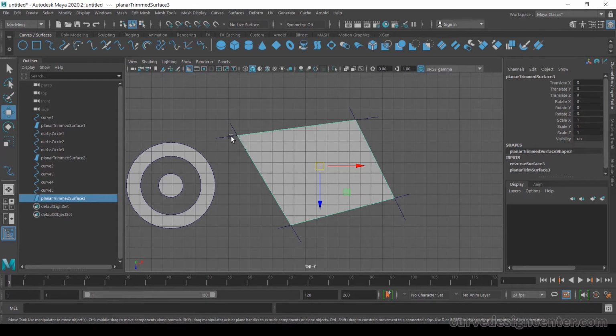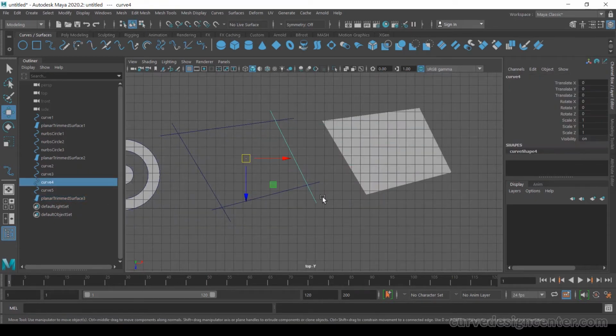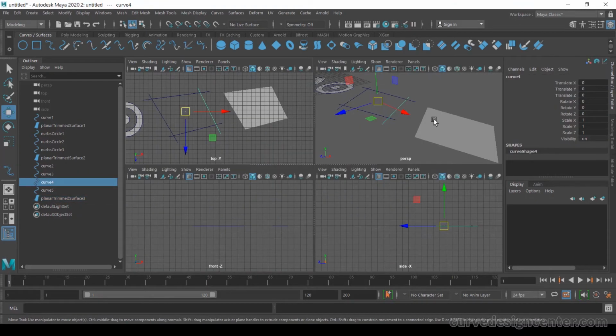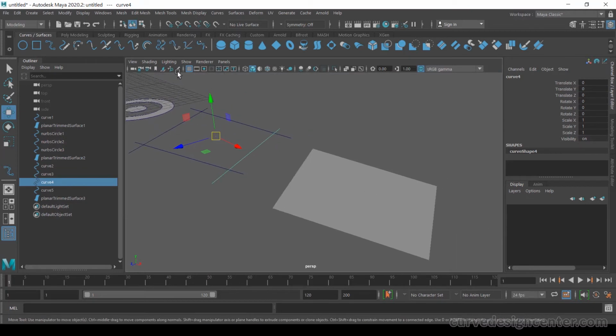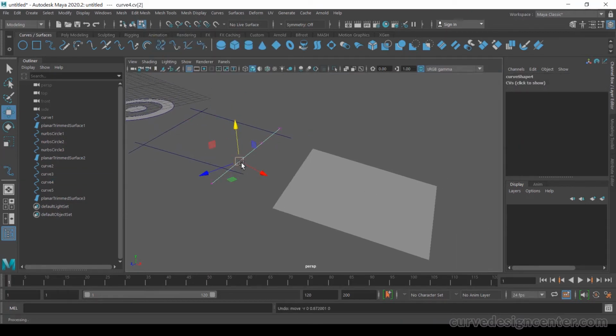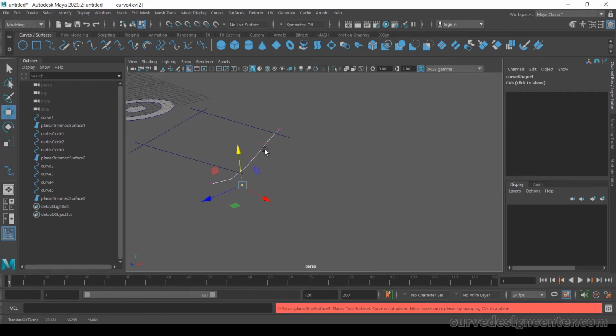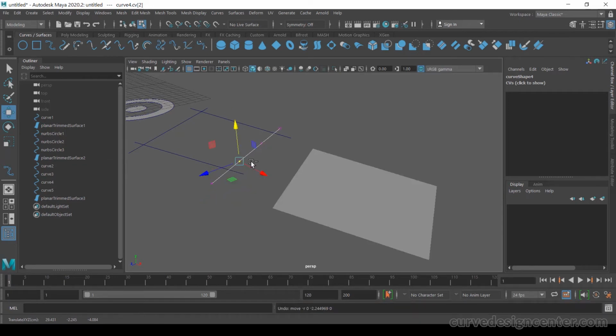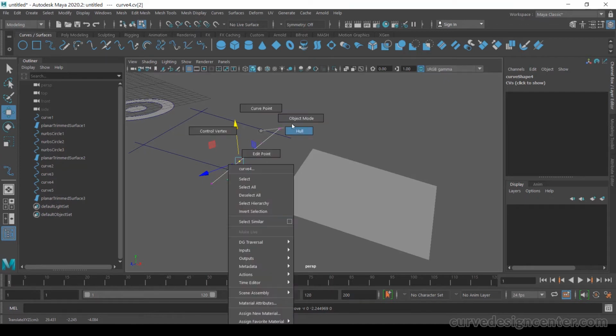These are very precise. I select this intersecting line and try to make changes. Go to component mode. I select this vertex and try to move up or down. So this surface will disappear if we make any changes in these curves. So we can't make any changes in the curve.